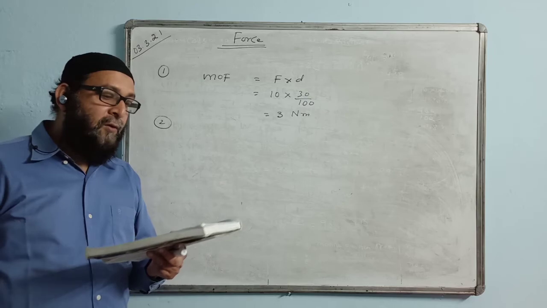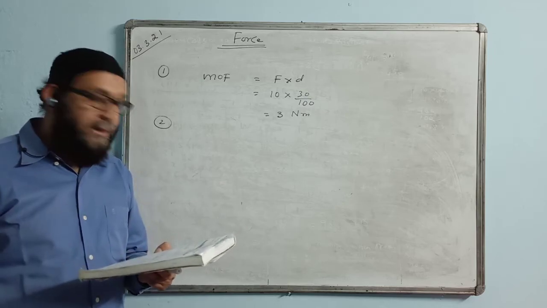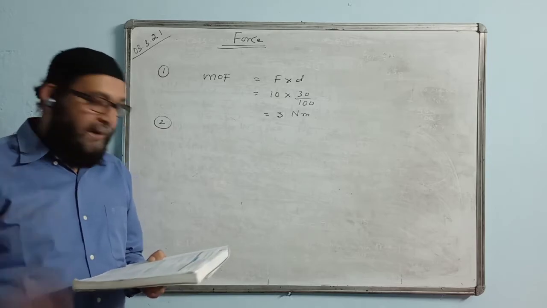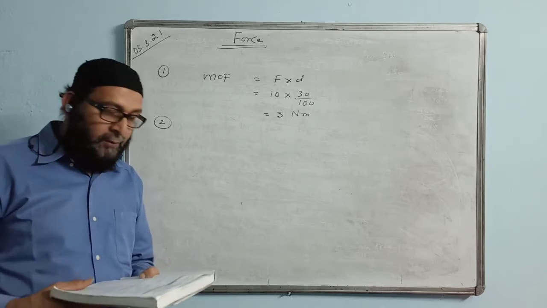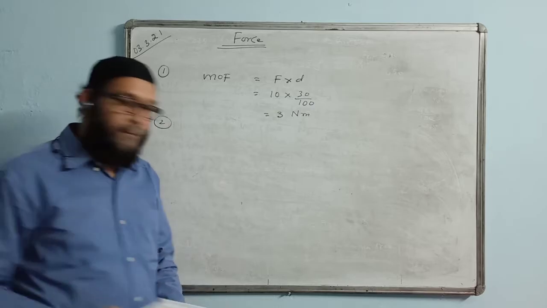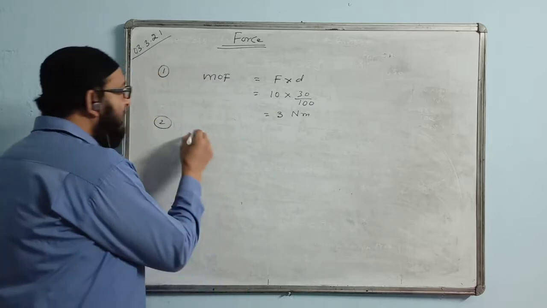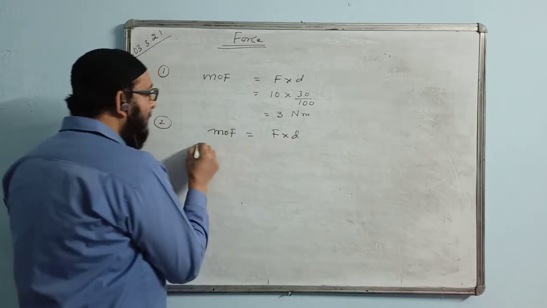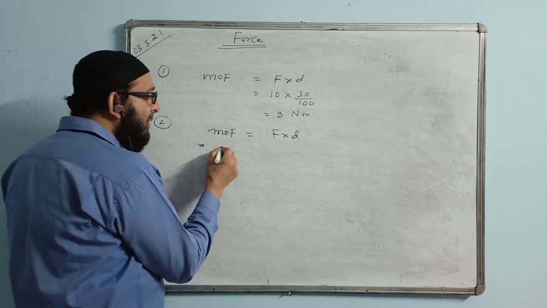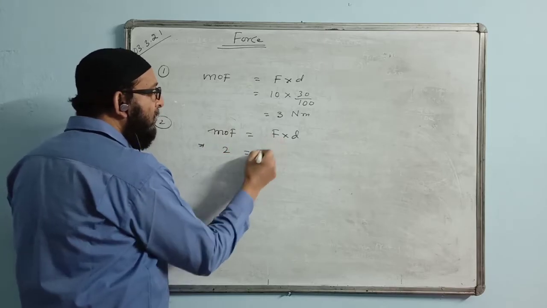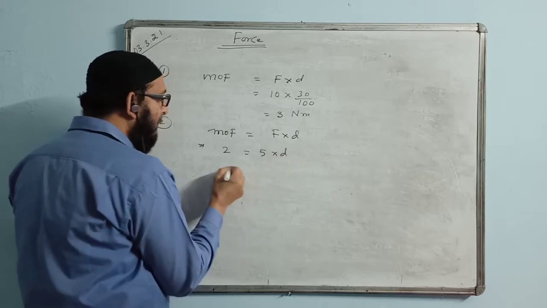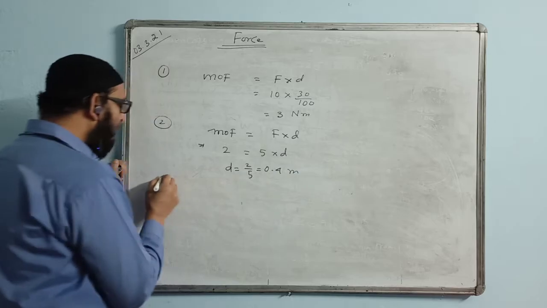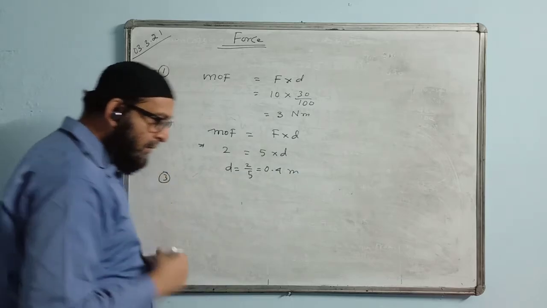The moment of force of 5 Newton about a point P is 2 Nm. Moment of force is given as 2 Nm and force is given as 5 Newton. Calculate the distance of the point of application of the force from the point P. You have to find the distance. That means the second question deals with the moment of force formula again, the same F into D. Force is given 5 into D. D value will come 2 upon 5, that is 0.4 meters. This is a direct one mark question. These are 1 mark type questions.